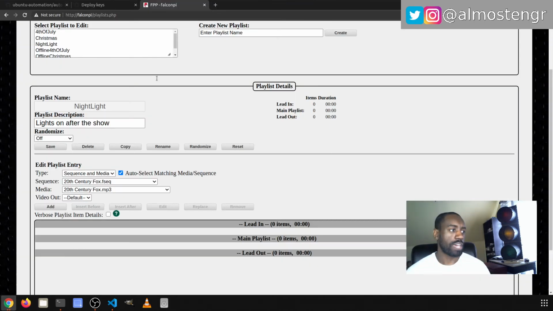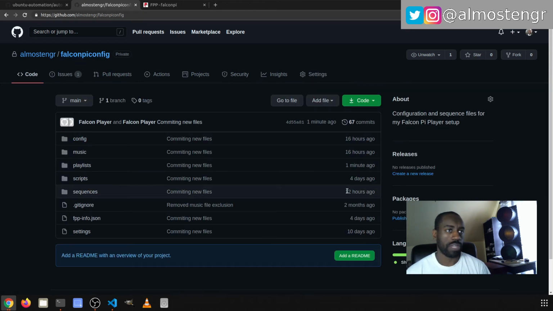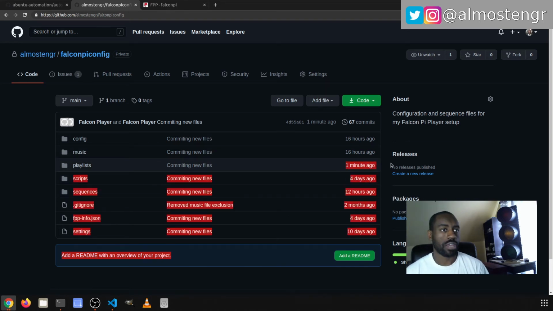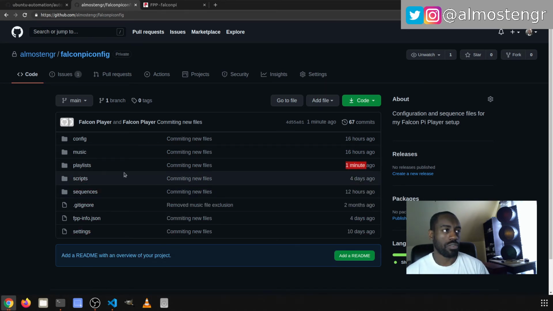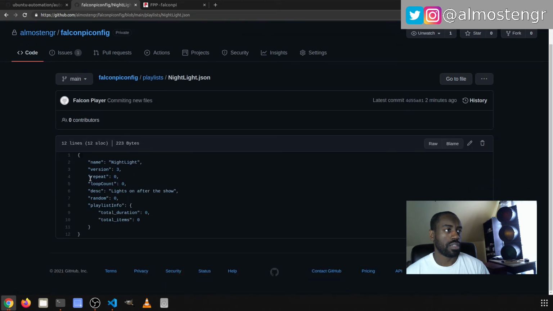So if we come back over to GitHub and look at the repository that you set up, mine is Falcon Pi config, you'll see here that there was a file modified 1 minute ago, which is in the playlist directory. And then we also have the commits information up here. If you go into the playlist directory, you will see that nightlight.json was modified, and this is the current status